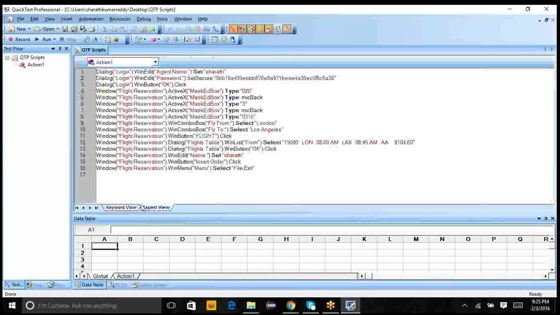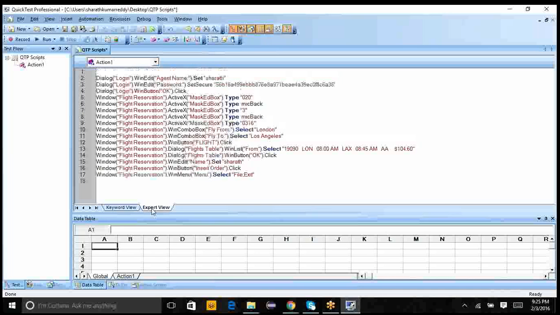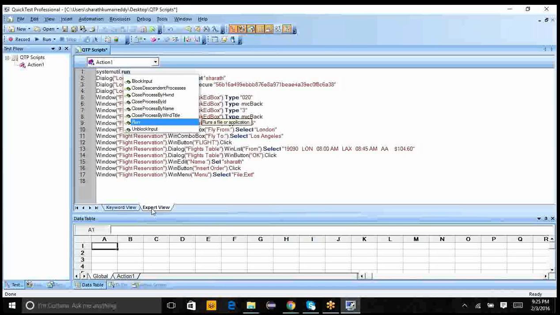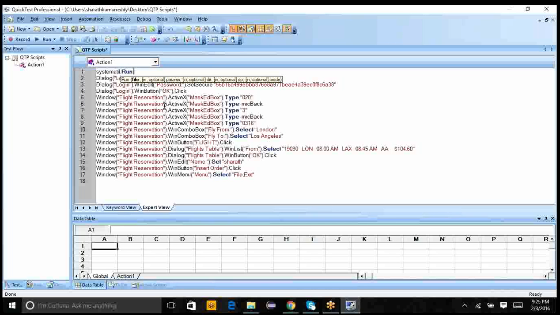Now click on expert view and go to first line, press enter, then type SystemUtil.Run, and give a space. Now here, why are we modifying the recorded test script? Because currently